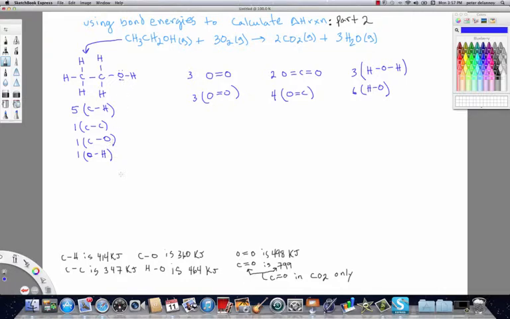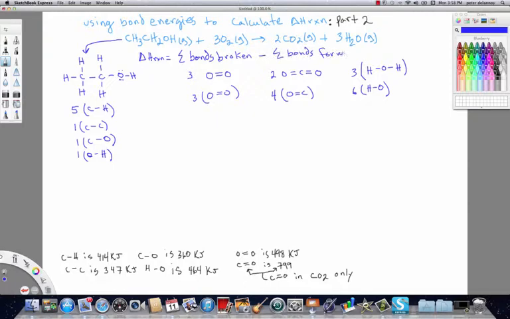All right, now for simplicity, what I've done is I've put the bond energies for each of these down on the lower part of the screen. So remember that delta H using bond energies is going to be equal to delta H of the reaction. It's going to be equal to the sum of the bonds broken, minus the sum of the bonds